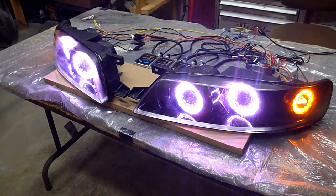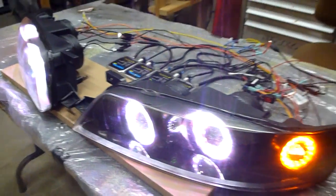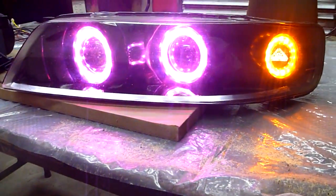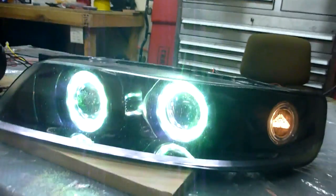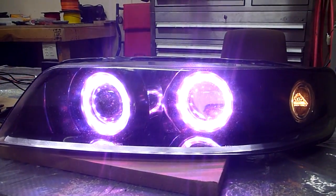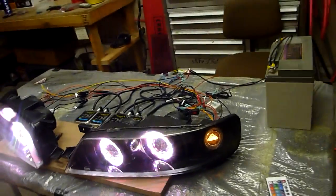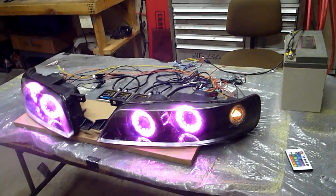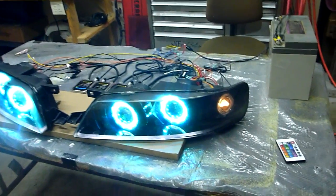So most likely, realistically, if you're hanging out at a car show or something, this is where you're gonna be. You're gonna basically set up your car. You won't have a blinker on, so we'll turn that off. But you can leave on the running bar or whatever, and then you'll just have this shifting through colors. And it's real nice, it's attention grabbing, man. It looks real good. These look like something you just buy off eBay or whatever. It looks like a pre-made,